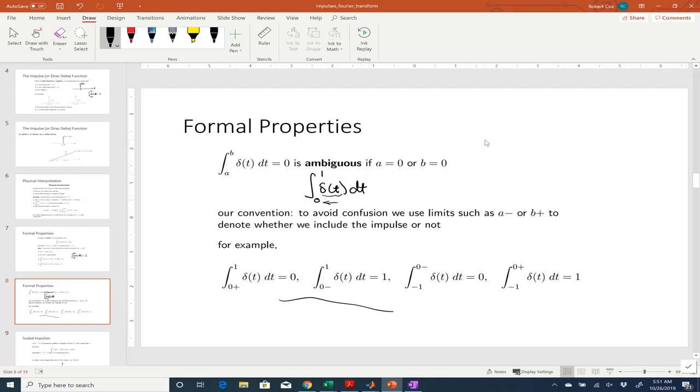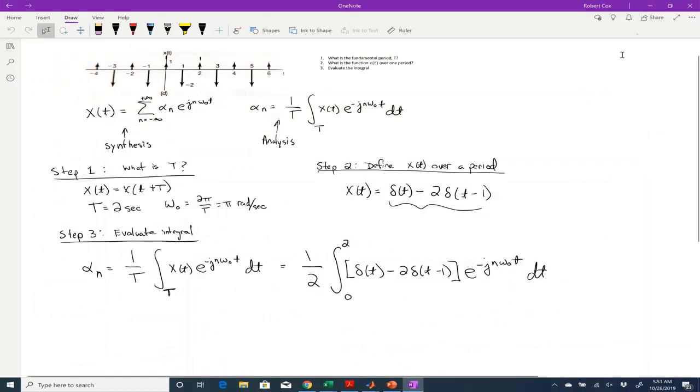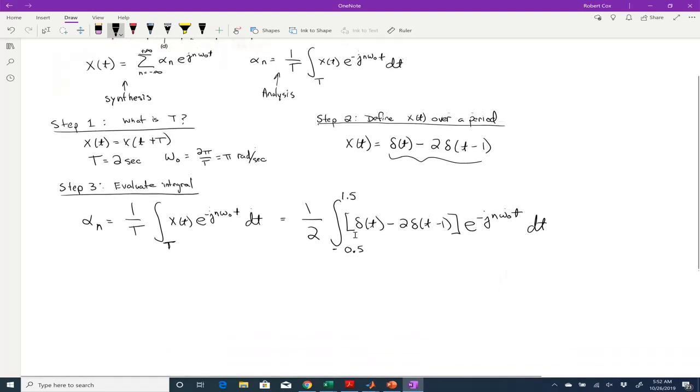This is ambiguous. So what I'm going to do instead is, I don't want to go from 0 to 2. I'd rather say, why don't I try going from negative 0.5 to 1.5, in other words, going from here to here. That's still a period of t equal to 2, but it avoids that ambiguity of saying that the impulse is located at one of the edges of the integration range. Okay? So that makes it a lot simpler. All right, so if we agree to do that,